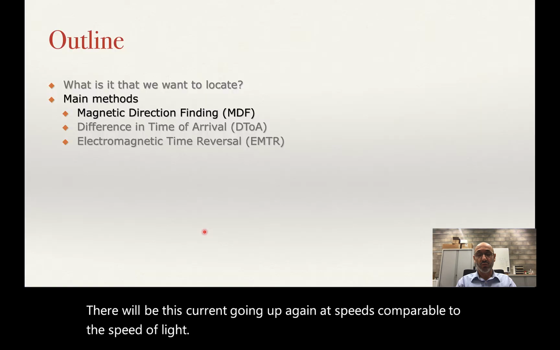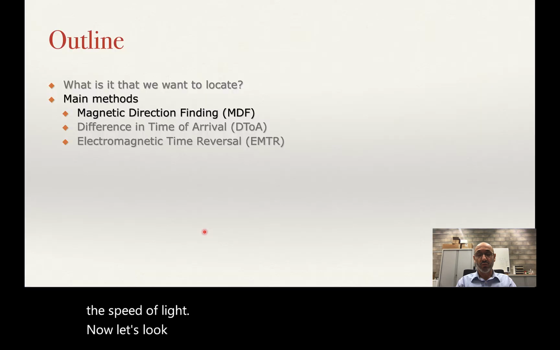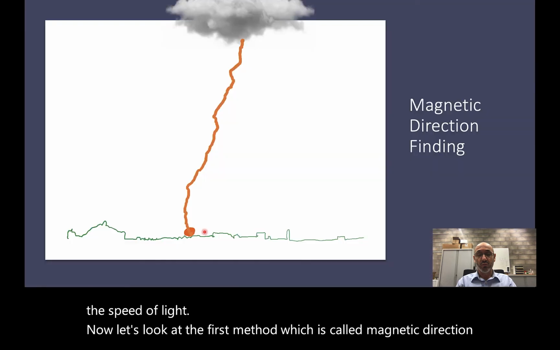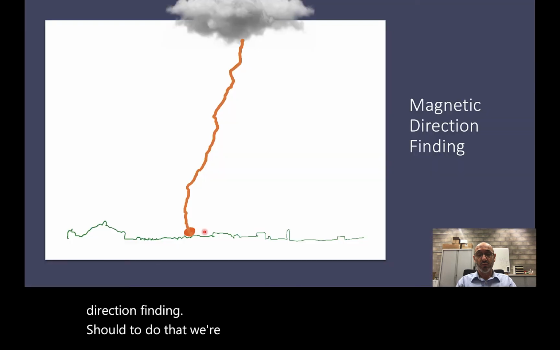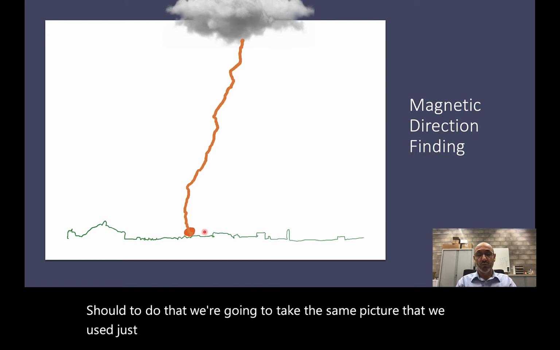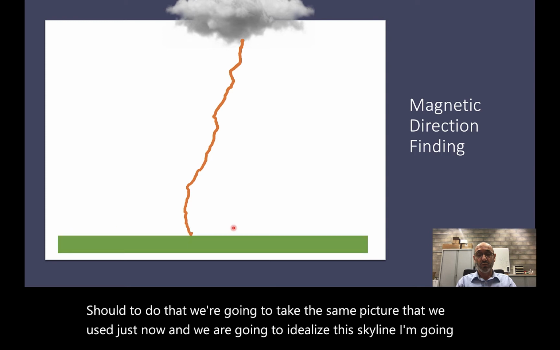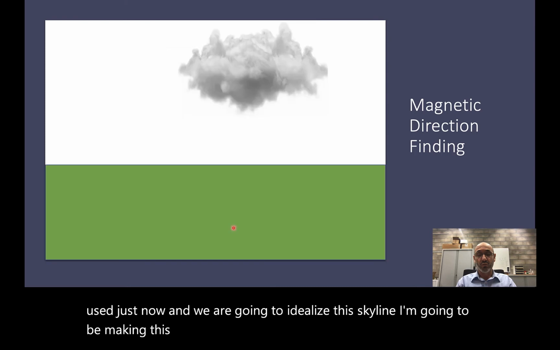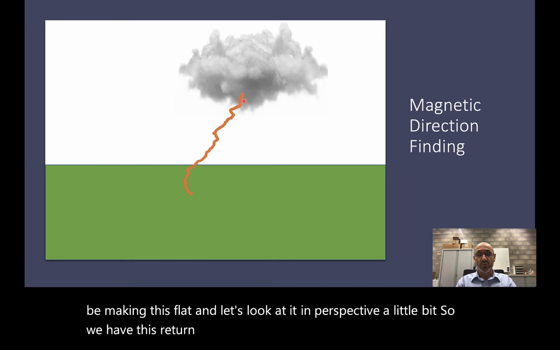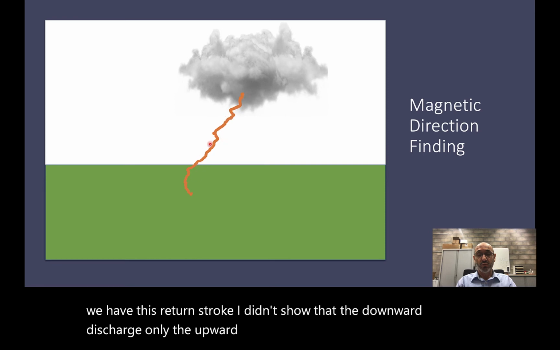Now let's look at the first method, which is called magnetic direction finding. To do that, we're going to take the same picture that we used just now, and we are going to idealize this skyline. We're going to make this flat, and let's look at it in perspective a little bit. So we have this return stroke. I didn't show the downward discharge, only the upward discharge that is faster, the one that produced this pulse